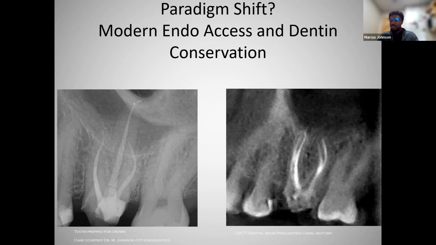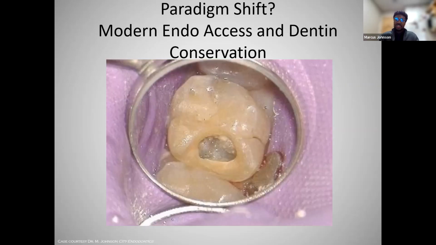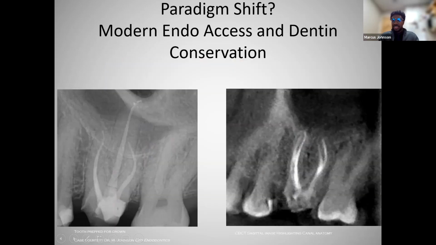Everything was clean. I'm not removing a lot of cotton and it's getting caught everywhere. I'm not struggling trying to get that out. I'm not trying to re-clean the margin. It's already clean. It's shaped. You showed me with the photo how clean it is, so I can trust that everything is fine. And went ahead and took the scan. You can see all the anatomy was addressed, and now the patient is on their way to get the crown,